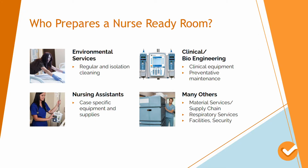They are typically not cleaning the equipment, but they are ultimately responsible for the functioning of the equipment. And as I continue to move in a clockwise direction, there are many others that are involved in turning over a room: material services, who run equipment, run supplies, linens also, respiratory services,